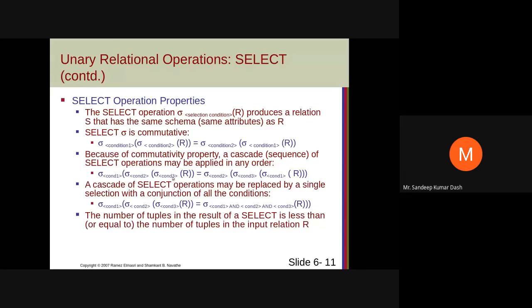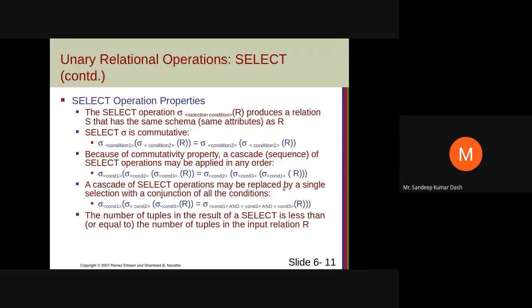Okay. Then you can also join them together. That means all the conditions applied simultaneously also will give you the same result. Suppose you apply condition 1, condition 3 first on the relation. Some rows you will be obtaining. On that you apply condition 2. Some fewer rows you will be obtaining. Again on that condition 1. On that result, that is equivalent to all the conditions applied simultaneously. So these are the properties of select operation.